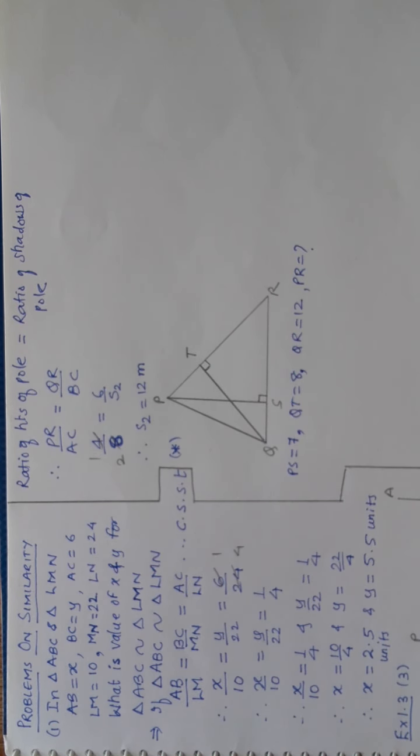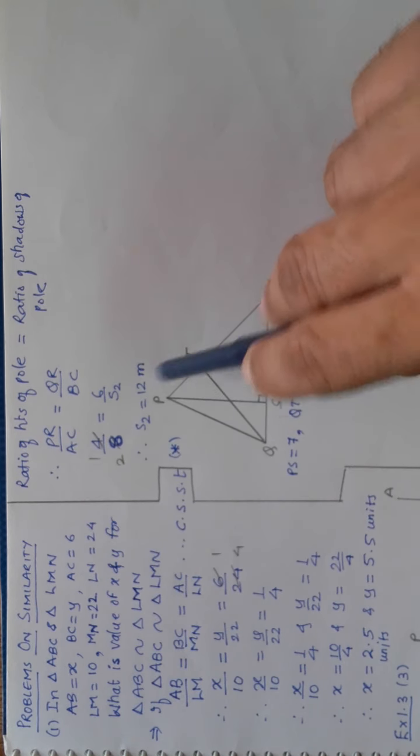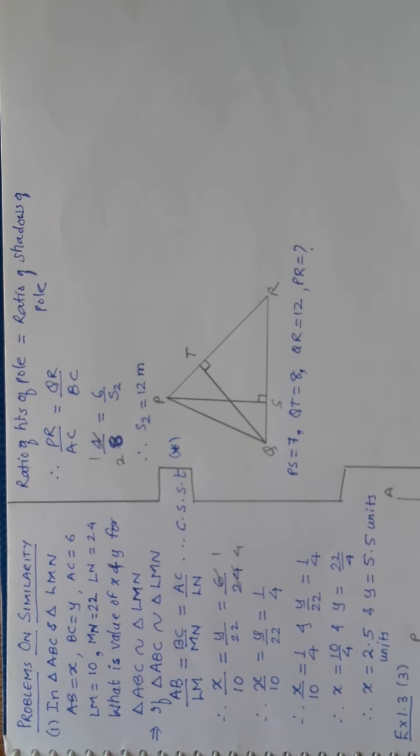Now the ratio of sides I get in the basic proportionality theorem, where you require a parallel line, which is not there. You get it in the angle bisector theorem where you require an angle bisector, which is not there. You get it in similarity. That means I need to show triangle PSR and triangle QTR similar. If I show them, then the ratio of their corresponding sides will be the same. Okay, so now I will plan out how to show it.